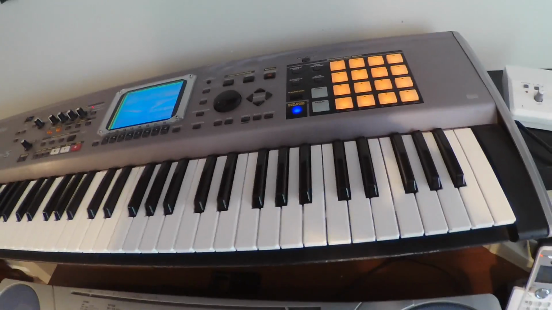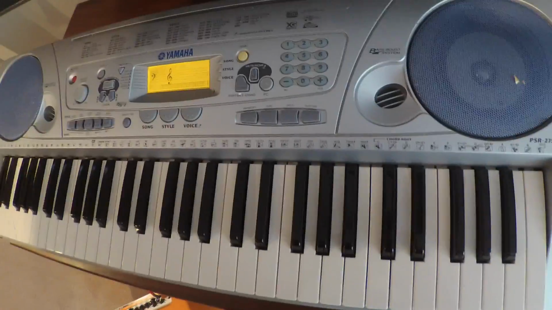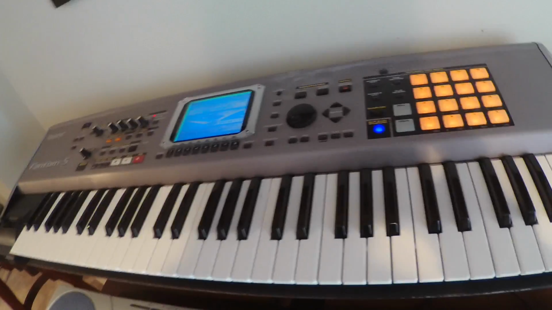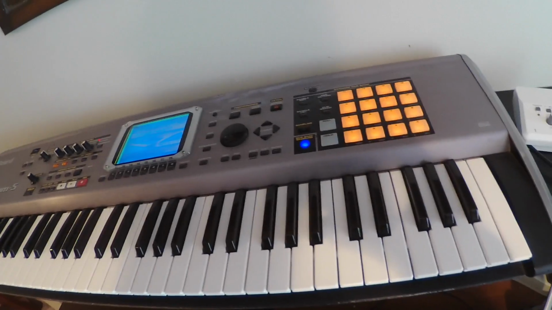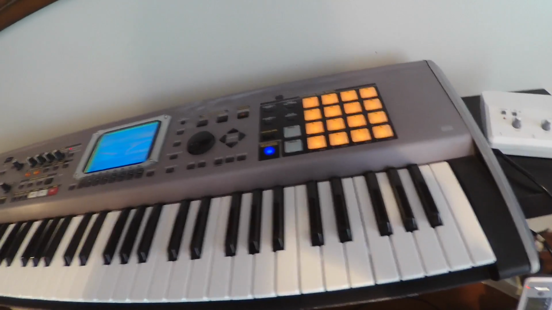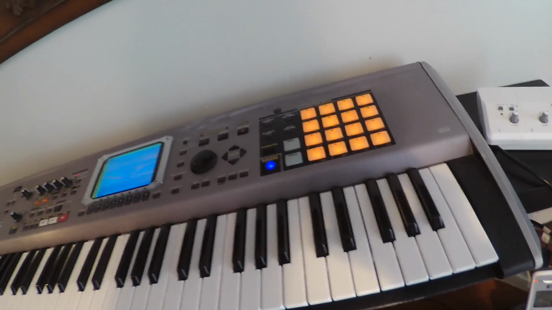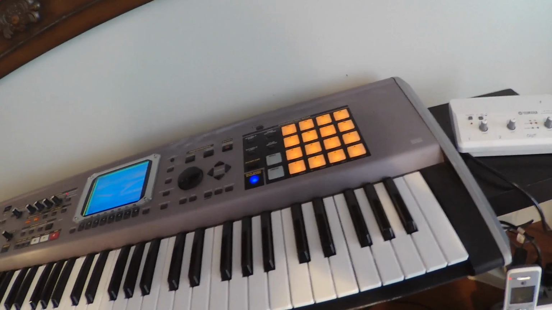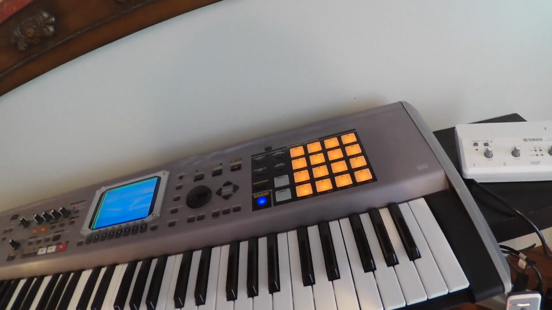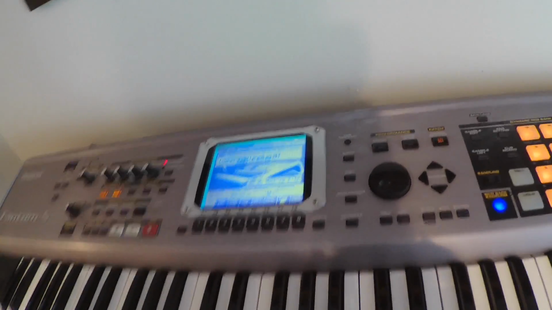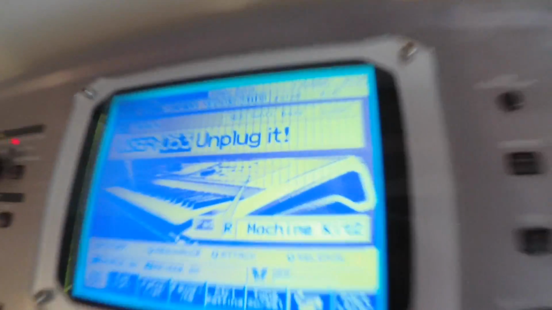One of the biggest differences between this keyboard and this keyboard is that this one is more of a synthesizer, which means you can't play chords necessarily, but you can combine notes in a sliding type sound that'll kind of transition from one note to the next, rather than just one note, then the other note, and that sort of thing. So I've got this disgusting sounding synth sound called Unplug It, and